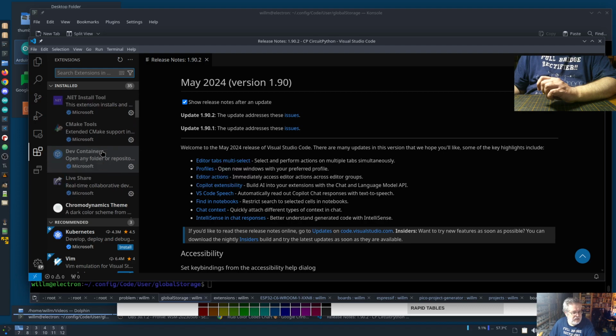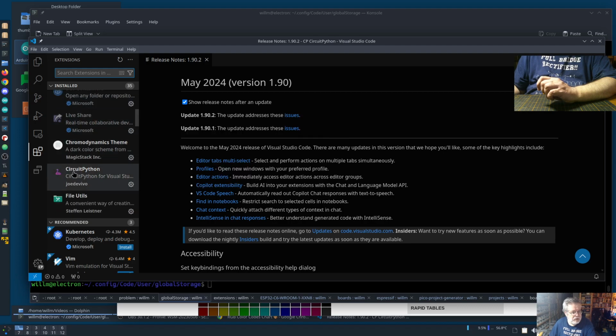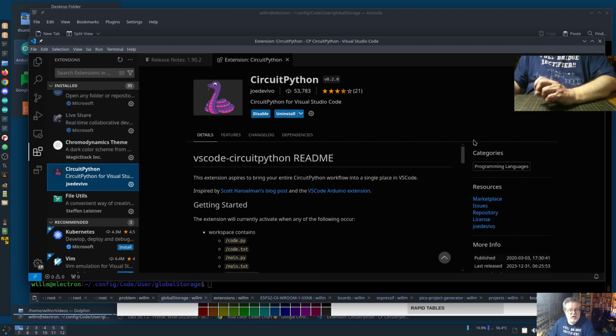CircuitPython. So the problem stems from this version right here,